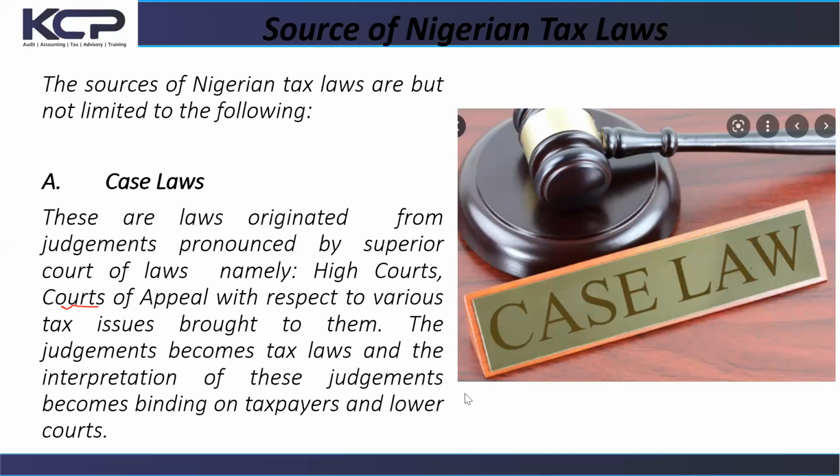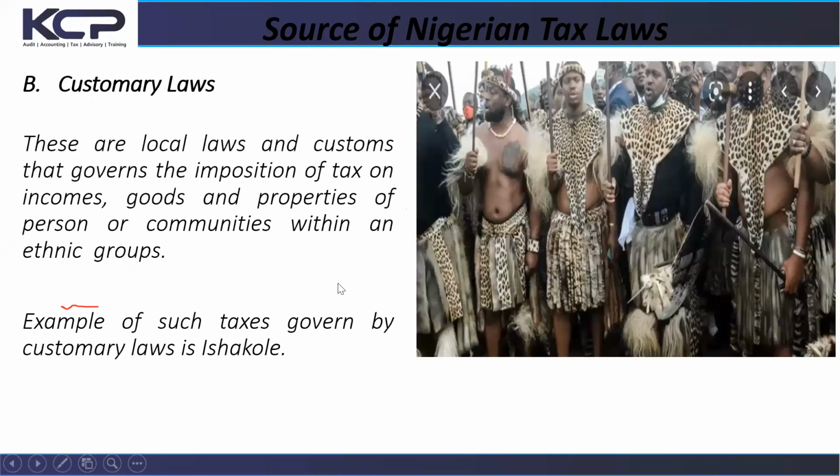All right, so that's what we need to know about case law. Then the next one is customary law. Most of these taxes that we pay today, particularly as relating to the personal income tax law, are traceable to our custom. It's traceable to the then ishakole that we did pay. It's traceable to the zakat that we do pay, and it's traceable to other forms of agricultural or land taxes. So we are saying that some portion of what we have as our tax law today was actually drawn from our various customary laws.